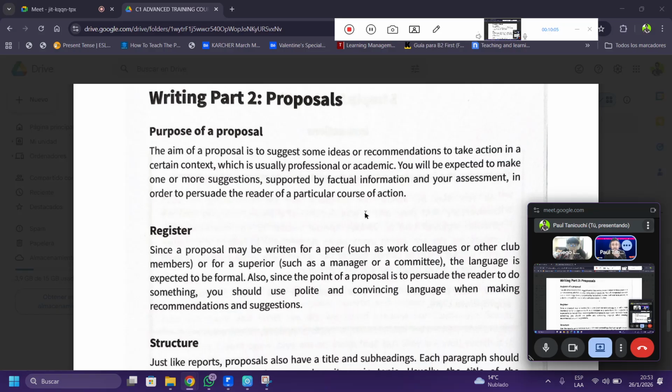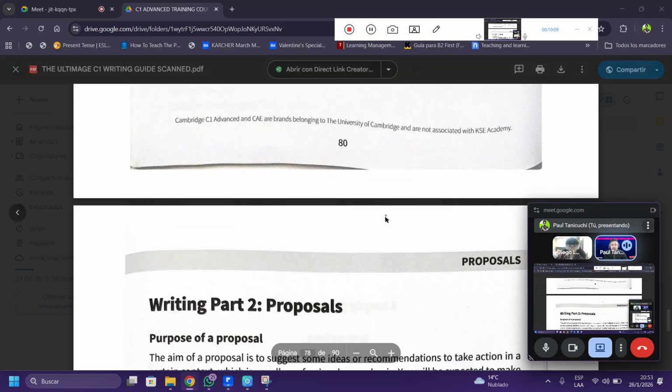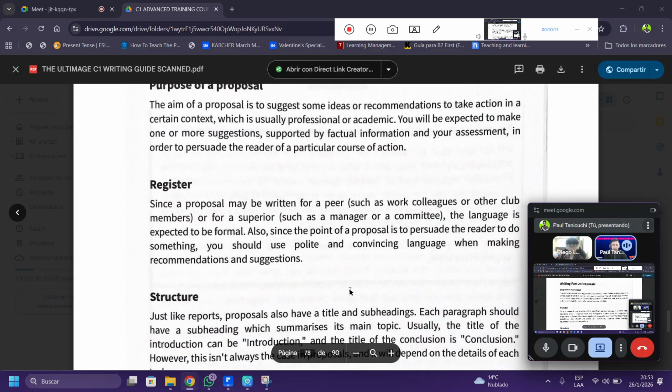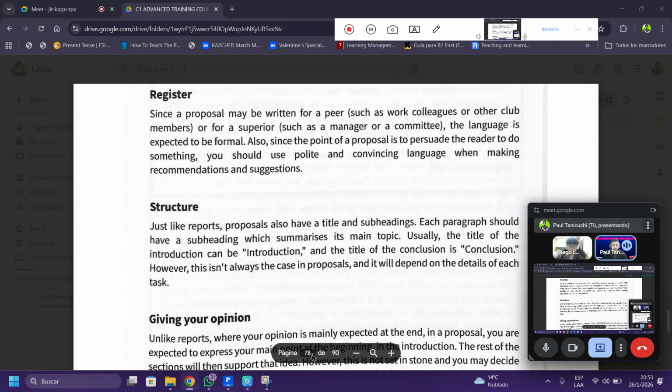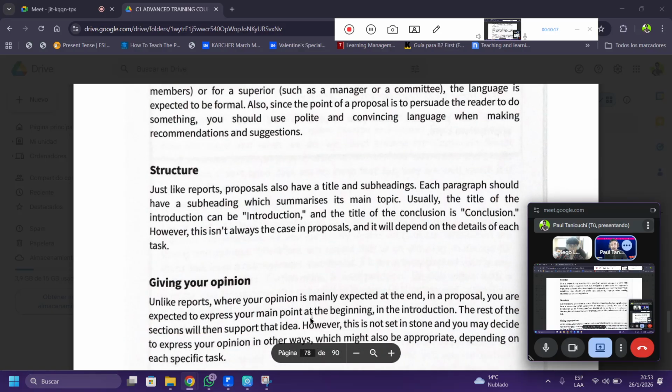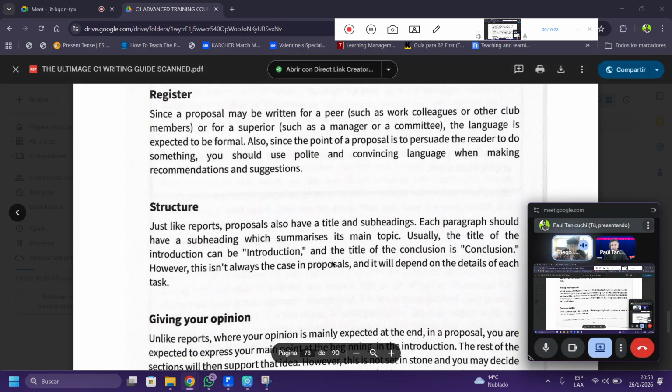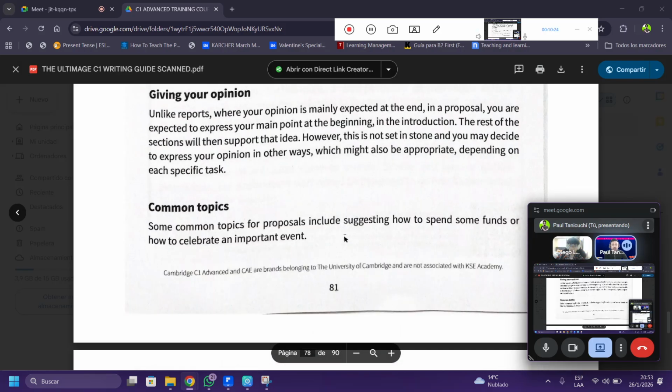Which page? 81, it's labeled 81, but in the number of pages I have 80. Sorry, 79. It's 81 on the document.